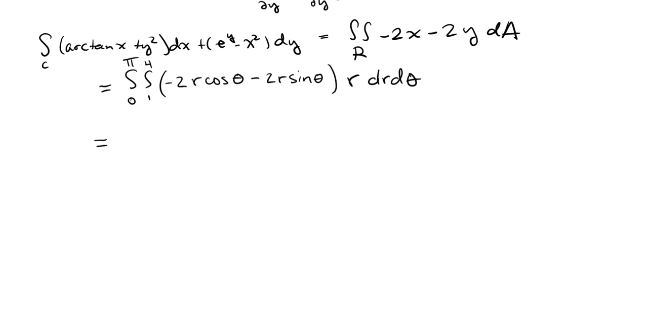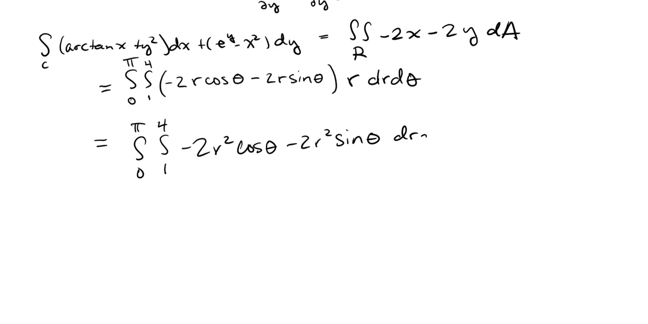So then distributing that r through, we get the integral from 0 to pi, integral from 1 to 4. We'd have -2r squared cosine theta minus 2r squared sine theta. And then we're doing dr first, followed by d theta. So we'd have the integral from 0 to pi, we'll have the 2. The -2r squared will go to